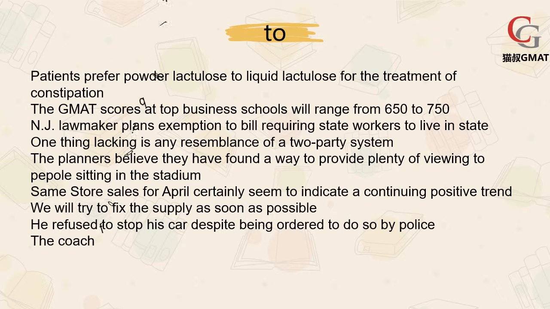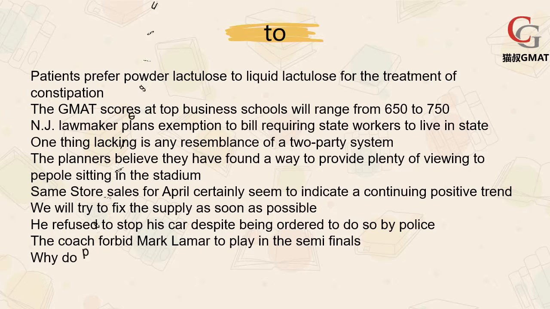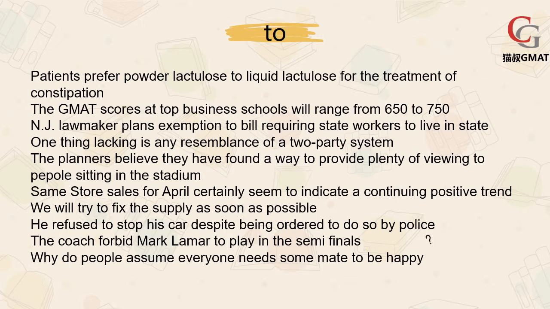The GMAT scores at top business schools would range from 650 to 750. 这里 from to 是一个范围，range from A to B. Angel lawmaker plans exemption to bill requiring state workers to live in state. 这里应该是 plan something to do something，就是 plan 了一个 exemption to bill 这些 workers。The planners believe they have found a way to provide plenty of viewing to people sitting in the stadium. Find a way to do something. 这里注意要用 to，而不是 a way of doing something，而是 a way to do something，做什么的方法。